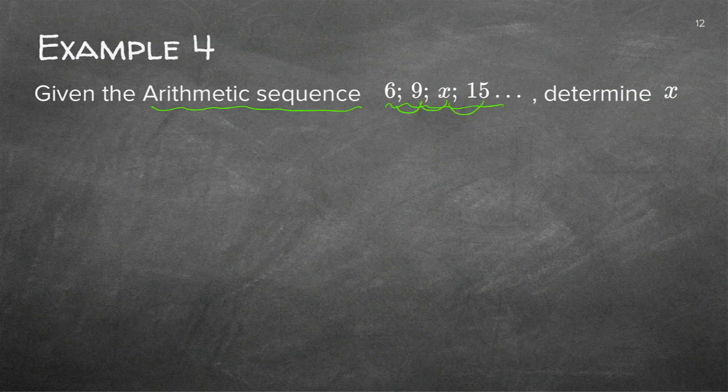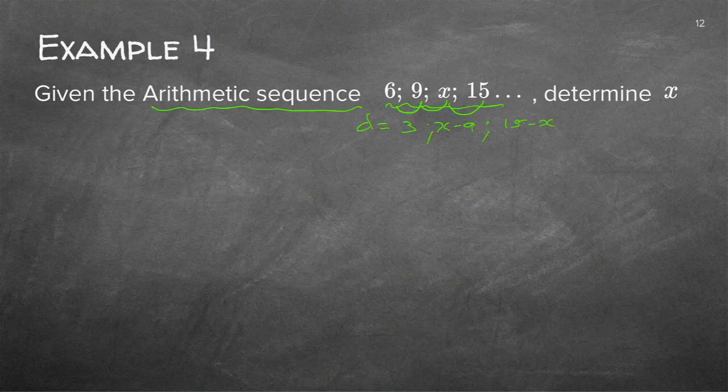But now I can't actually find it. I can find the first one. 9 minus 6 is 3. But now there's the x. So the next one will be x minus 9. Let's just put a semicolon. The next one will be 15 minus x. So suddenly, I've got a complicated, funny d. I still know this is my d, either 3 or x minus 9 or 15 minus x.